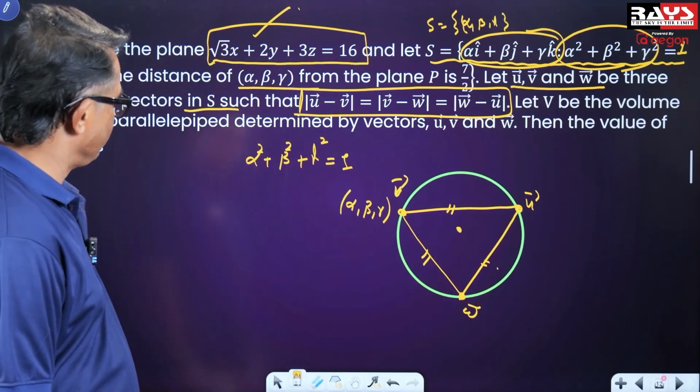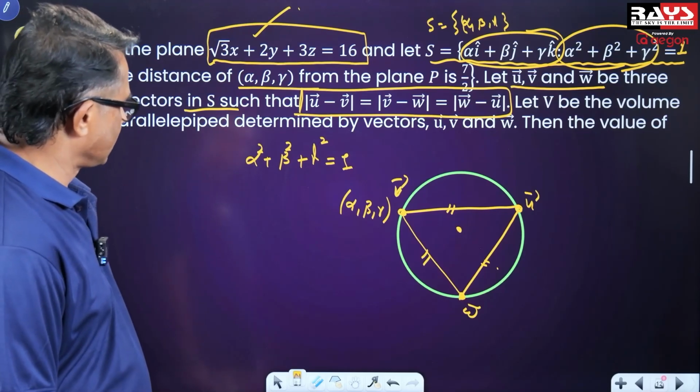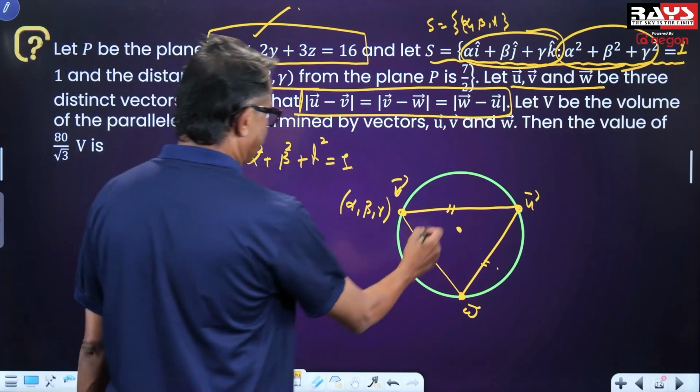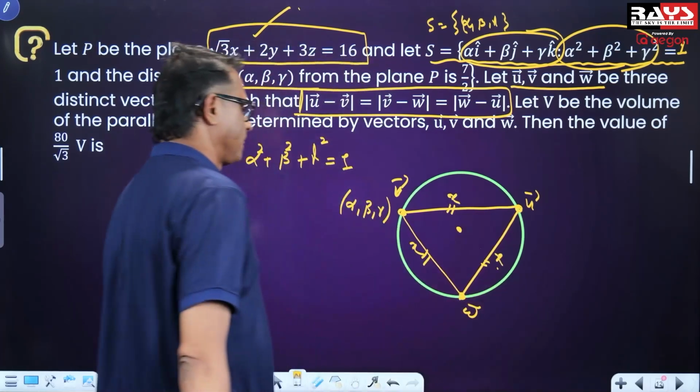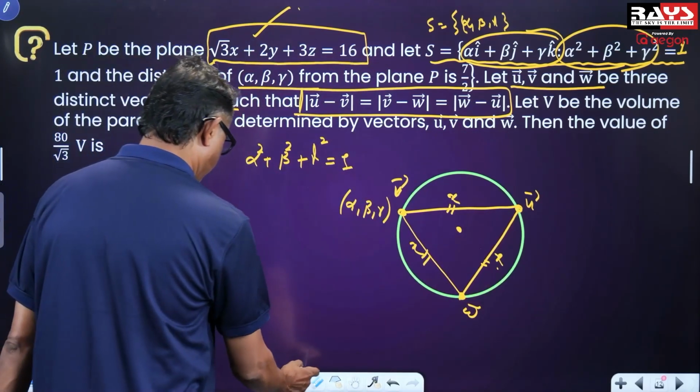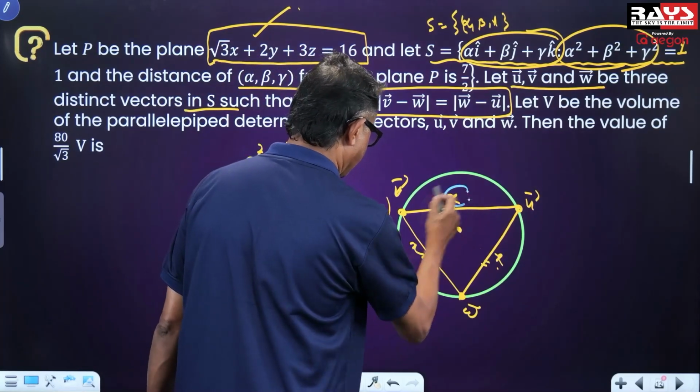These 3 sides are equal. And suppose each side is equal to say x, that we have to find out. Why? Because,